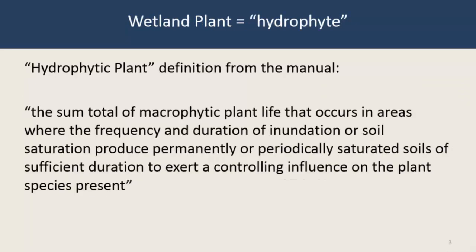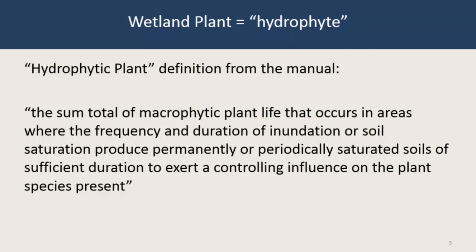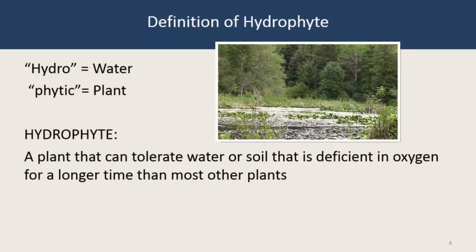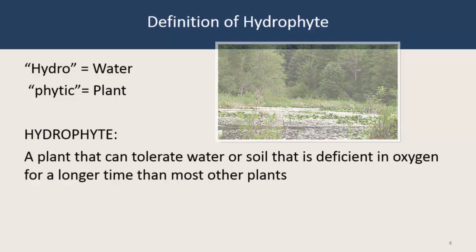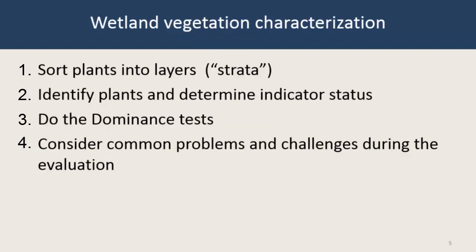The definition of a hydrophytic plant pulls in the influences of the water regime and the soil on the plants that you see in a wetland. Plants that you find in wetlands are adapted to low oxygen in the soil. How well they are adapted to not having much or any oxygen in the soil helps determine the likelihood that you will find them in a wetland. The percentage of the time that they are found in a wetland area is used by experts to assign them a wetland indicator status.